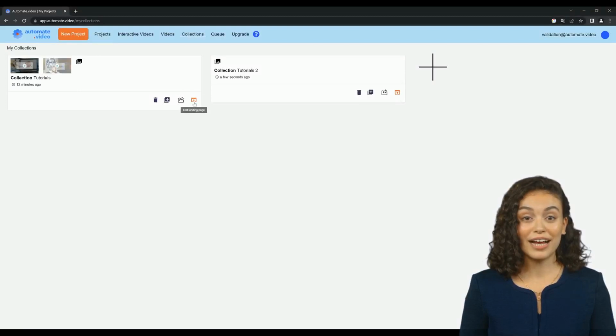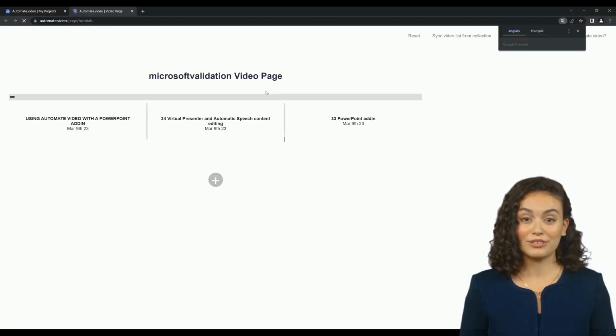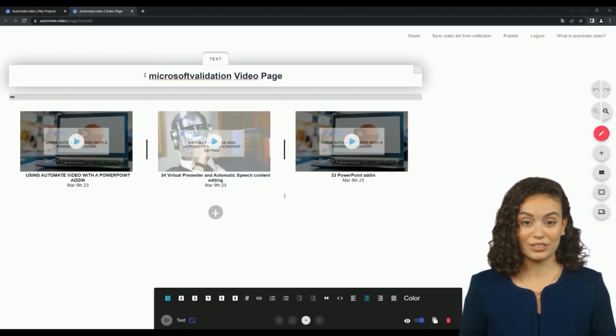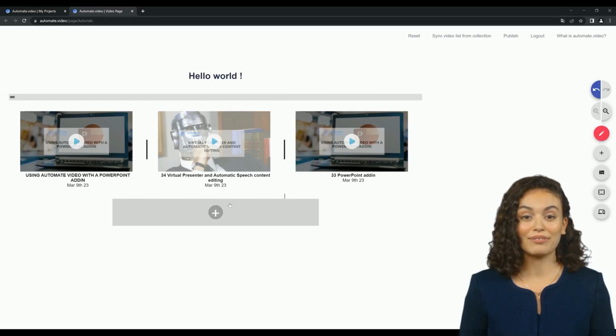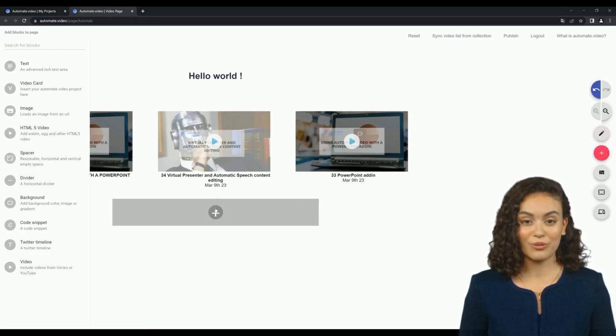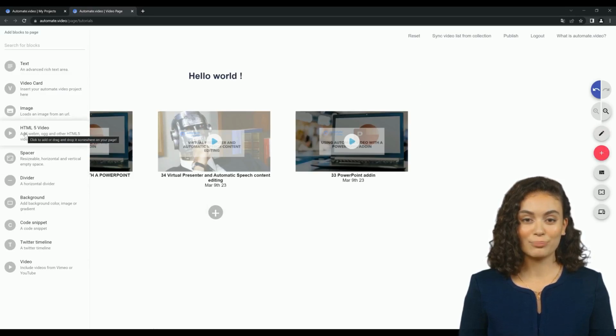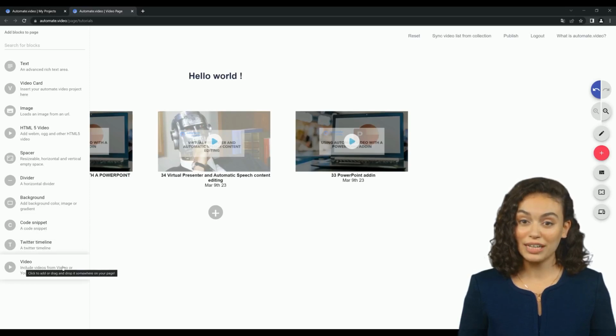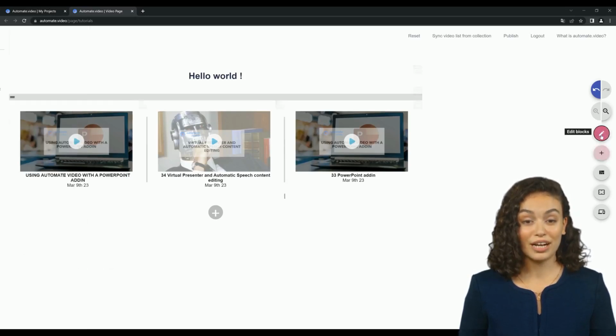Now let's take a look at how you can customize the landing page. To edit a landing page, click on the red button at the bottom of your collection. Each collection comes with a specific web page, called a landing page, that you can fully customize. When you are logged in, you will automatically enter the page in edit mode. When your modifications are done, don't forget to click on the Publish button at the top right of the screen